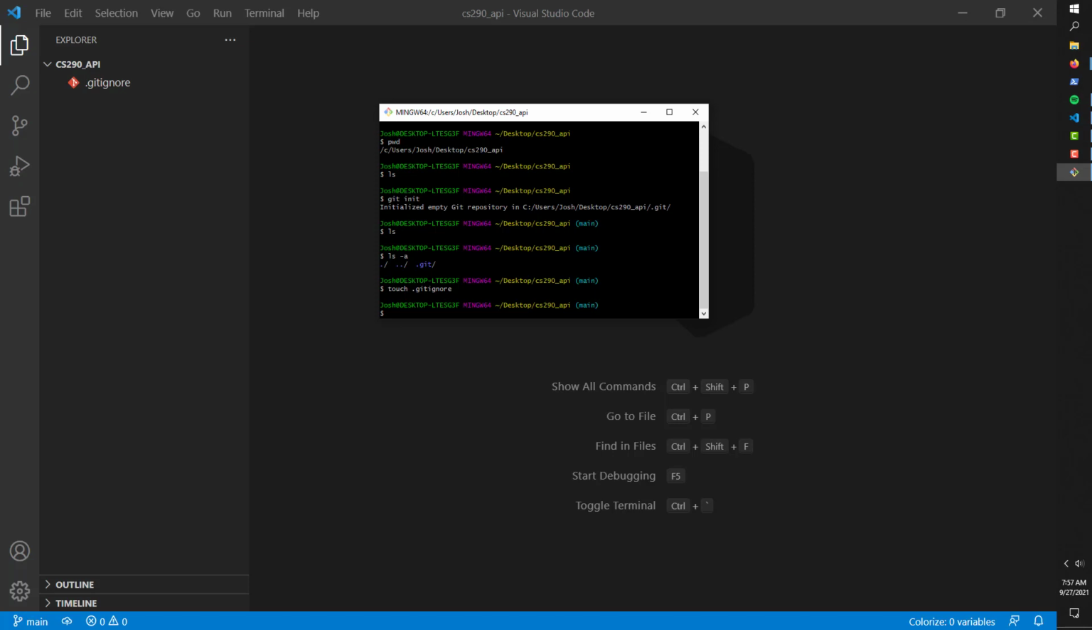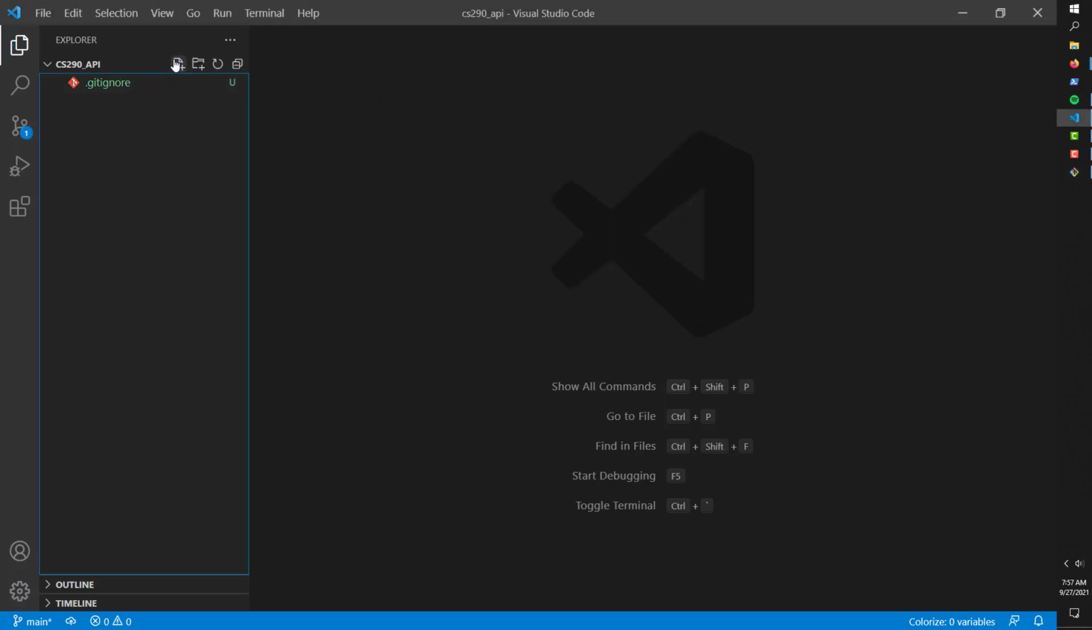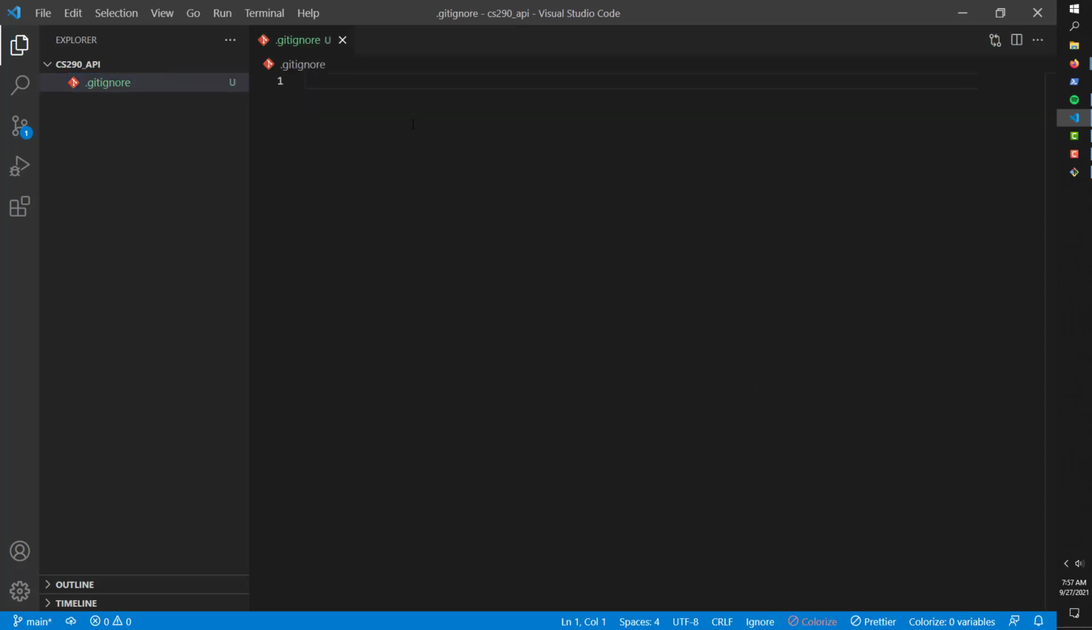So you see, I created a gitignore. The other way you could do it is just simply to come up here and create a new file titled .gitignore. It won't let me create it because it already exists, but inside of the gitignore, you put all the files that you want Git to ignore. That's pretty straightforward. So in a node application, you always want